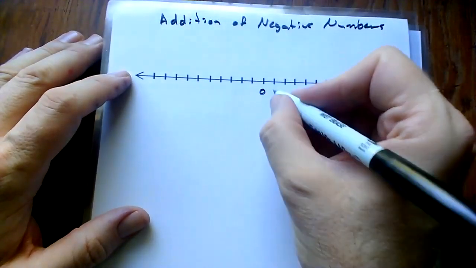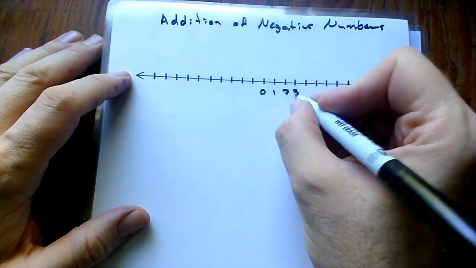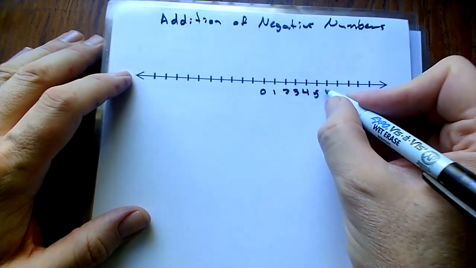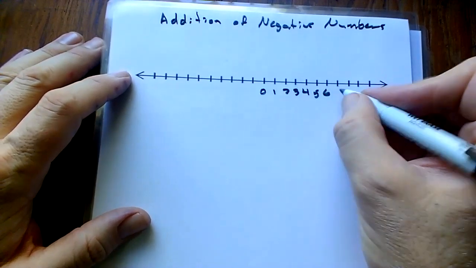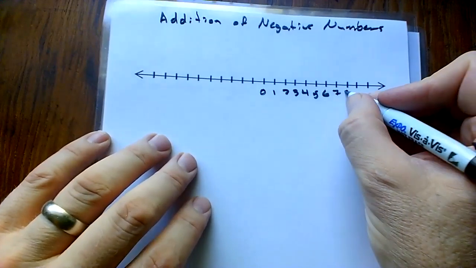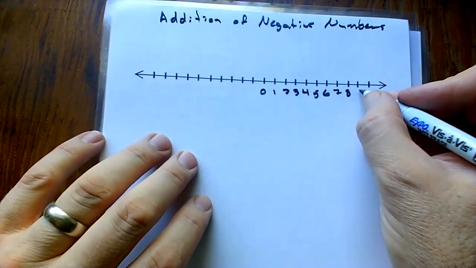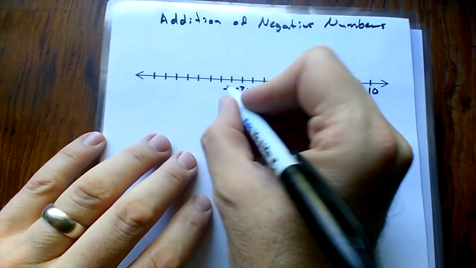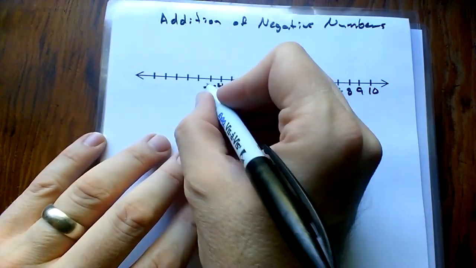So we're going to be talking a little bit about adding. Well, right now we're going to talk about adding negative numbers. And we can't actually talk about adding positive or negative numbers without also talking about the general rule for this. And the general rule is that